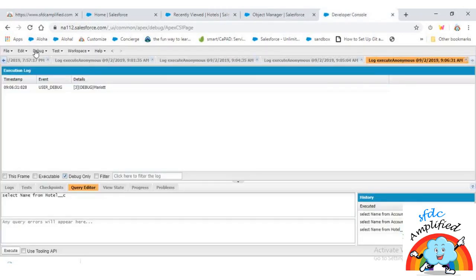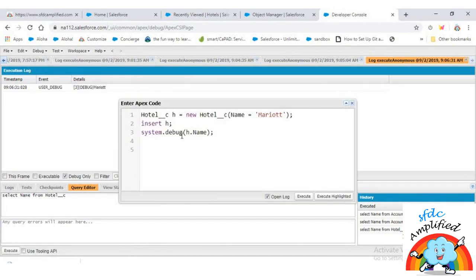So I will again go to the developer console. I will open the execute anonymous window, and here I will write in a different way. So let's see, we are talking about this object. Now the different way to do it is, I will remove this, I will create hotel, as in I will be initializing, and right now the value is null. Now what I will do is I will simply say h.name equal to test